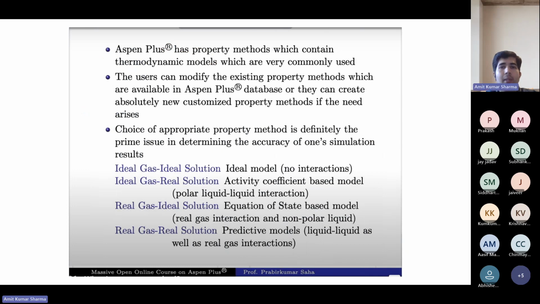Aspen Plus has property methods which contain thermodynamic models that are very commonly used. The user can modify the existing property methods. We already have some predefined property methods, and we can modify them. We can also define our own property method: we can copy a particular property method and modify it based on our requirement.